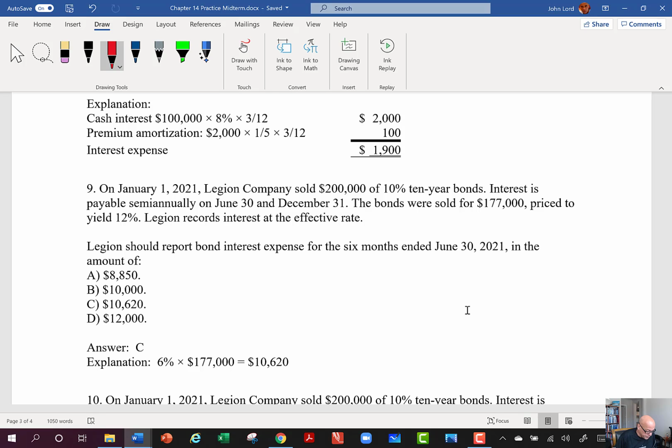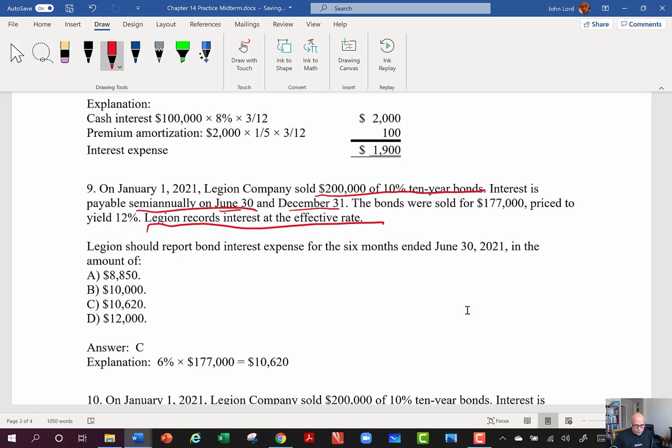All right, let's go ahead and take a look at this one. On January 1st, 2021, Legion Company sold a $200,000, 10%, 10-year bond. Interest payable semi-annually. Let's pick up some key pieces of information. They give us the dates, June 30th and December 31st. The bonds were sold for $177,000. Price to yield 12%. The interest, okay, at the effective rate, yield, effective, market, same terminology that I do expect